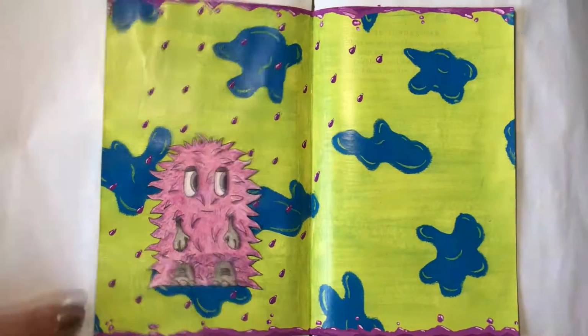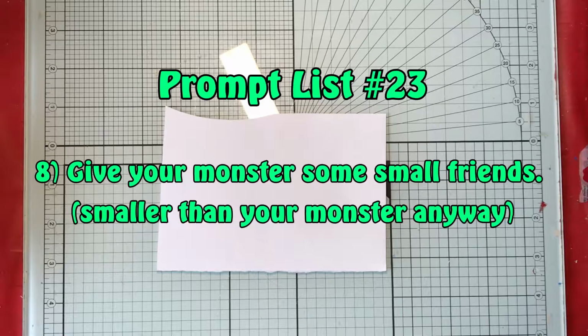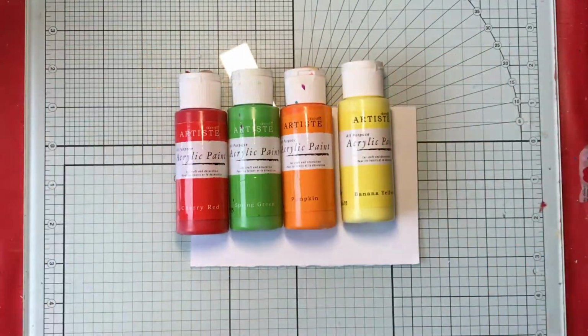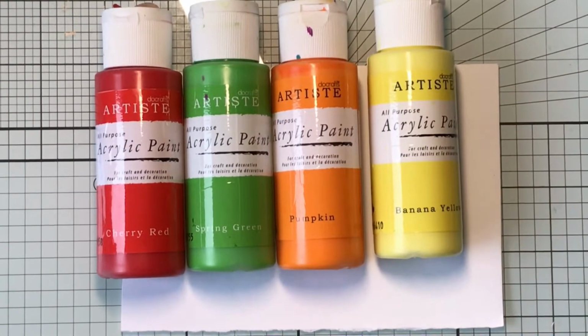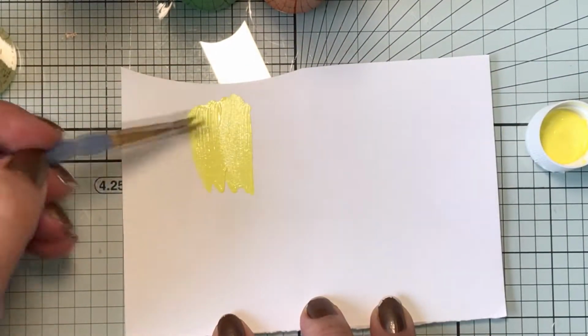So once you're happy with your weather, we'll move on to prompt number 8, which is to give your monster some small friends, or smaller than your monster anyway. So I decided that I'm going to use these 4 paints that I have not yet used on the page. So I've got red, green, orange and yellow. I'm just going to paint the block of each colour and then draw the monster on top of them,